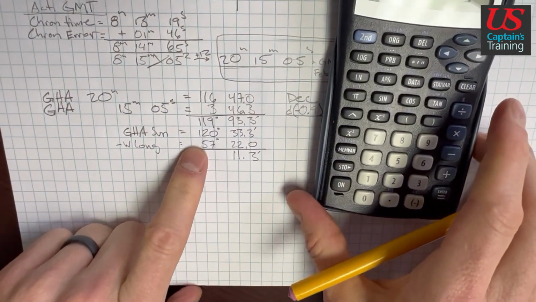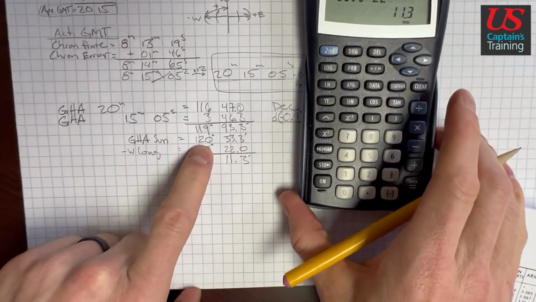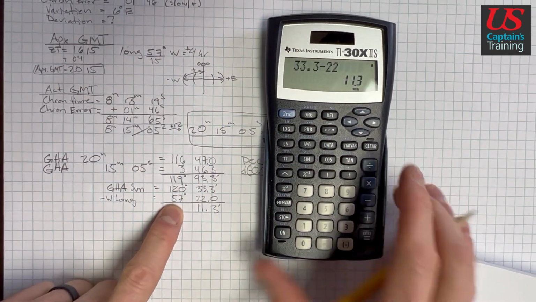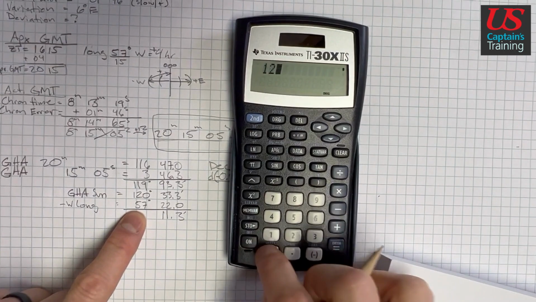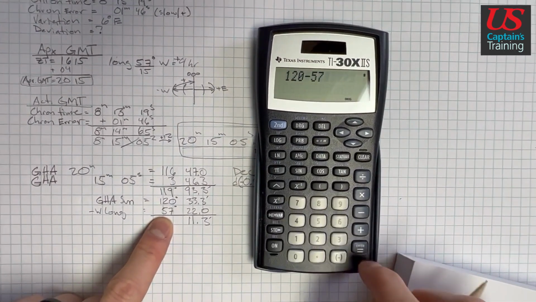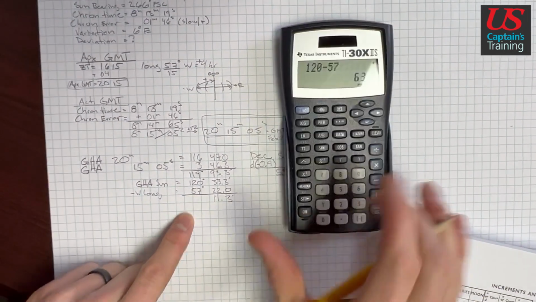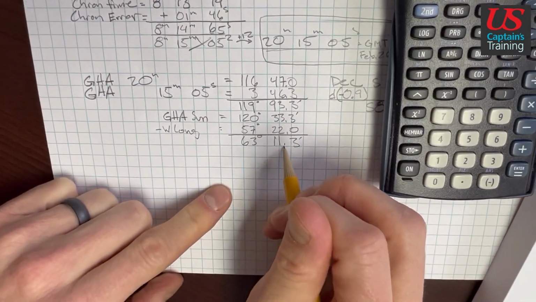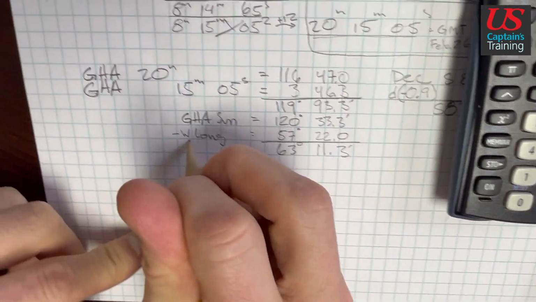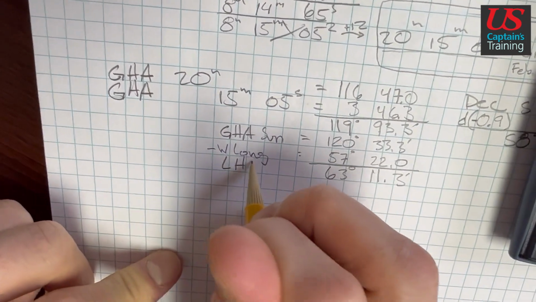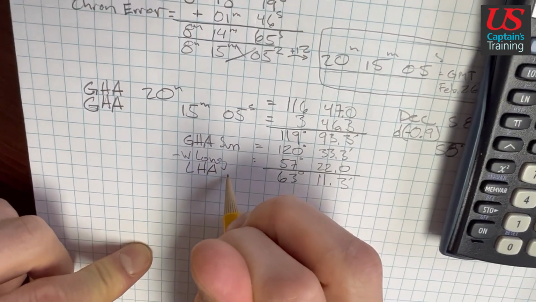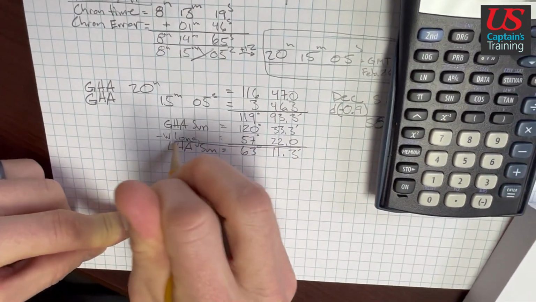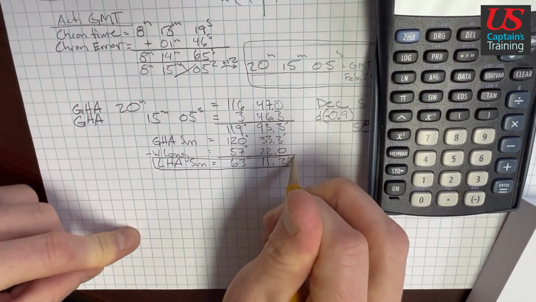And then 120 minus 57. 120 minus 57 equals 63. 63 degrees, 11.3 minutes. This is the LHA, or local hour angle, of the sun. Good. Now we have everything we need